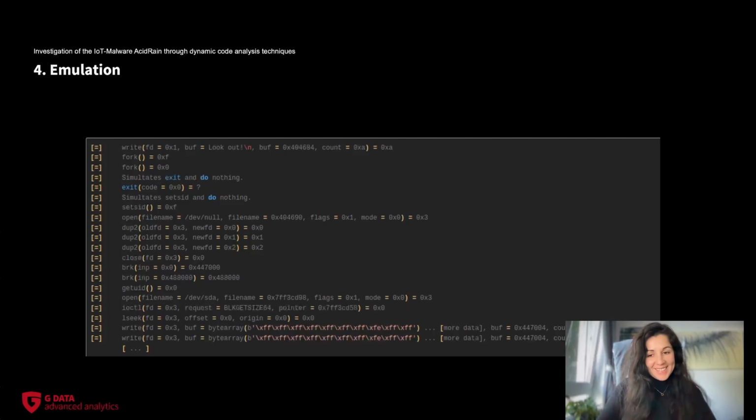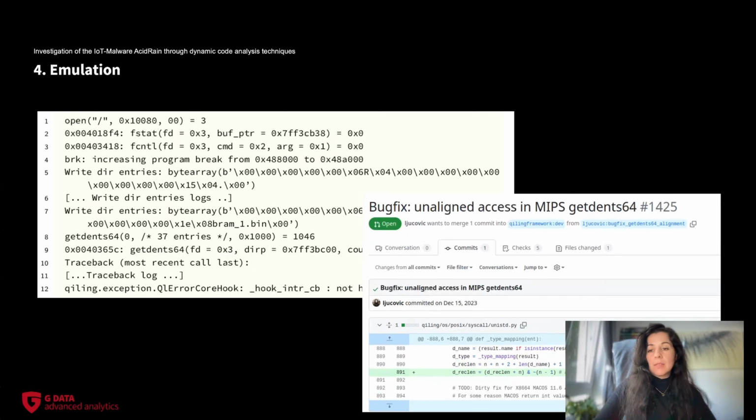But this was a lie. One issue occurs, and this was an issue from Qiling itself. This means AcidRain uses the getdents syscall. The getdents syscall we can see here is a syscall which allows you to scan all directories in the system, the directory structure. And Qiling had a